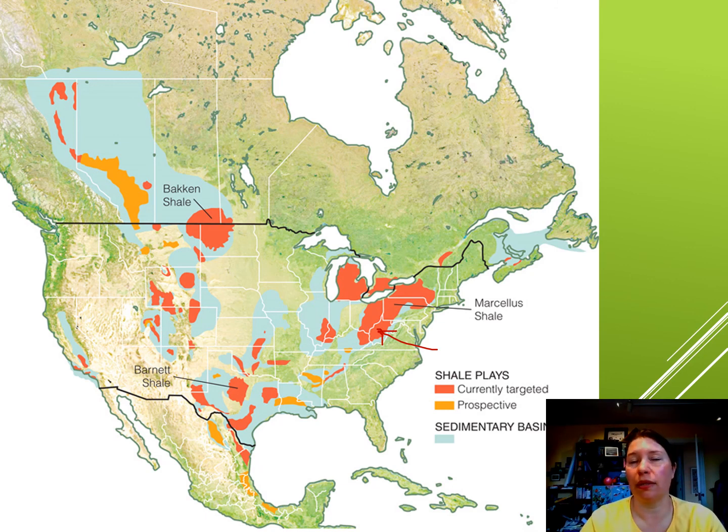But in order to get the oil out of the shale, it requires fracking, which is often kind of controversial. So basically you have a rock that's very, very fine grained because it's shale, it's mud, and there's sufficient organic material in it that if you're able to get that to liquefy using heat and pull it out, you can get some petroleum. So that's kind of the idea. And that's where a lot of petroleum in the United States is coming from, from these oil shales from this time period.